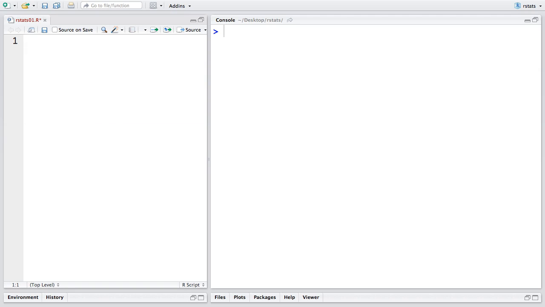Let me remove this. So we have seen that we can use R as a giant calculator, which is not terribly useful. So we need a way to store all these results. So if I type 1 plus 1 here, now let's imagine it's not 1 plus 1, but the output of a really important calculation that R does for us. At this stage, the only thing that happened is that the result of this calculation is displayed here in the console,